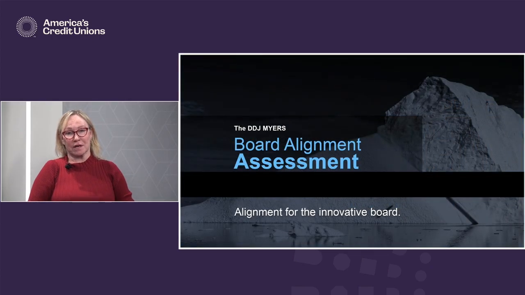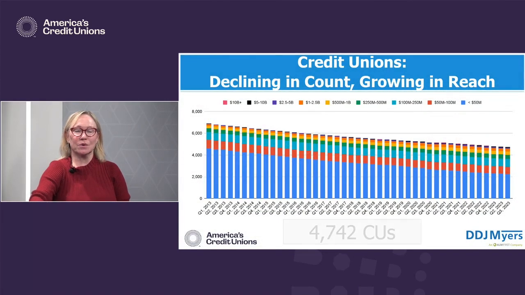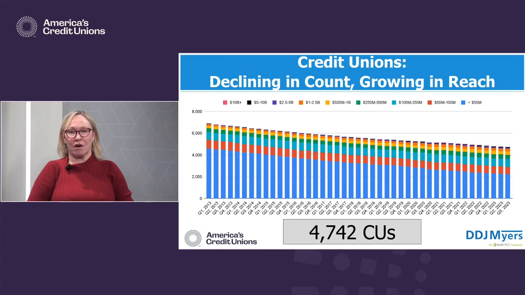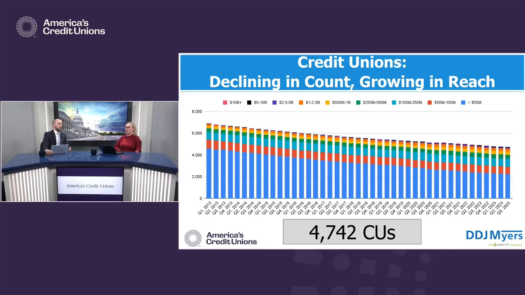One of the things we have also talked about in the past is a board alignment assessment. It's an awesome tool for the board to look at how we are governing the organization. The results take the 8 areas of governance and help the board look at how we are doing in each area, what we enjoy the most, what is most productive, and what we need to focus on going forward. So that's another segment that we do. Today we're going to get into the board chair archetypes, and Peter's going to set a foundation for us here.